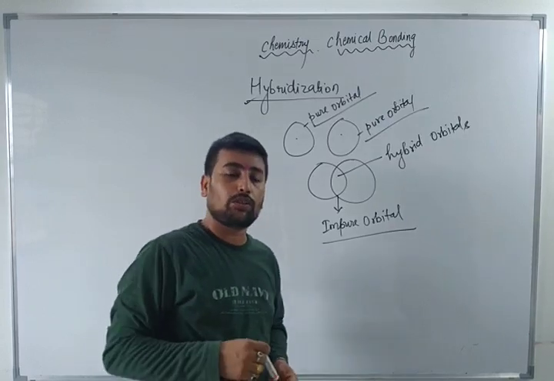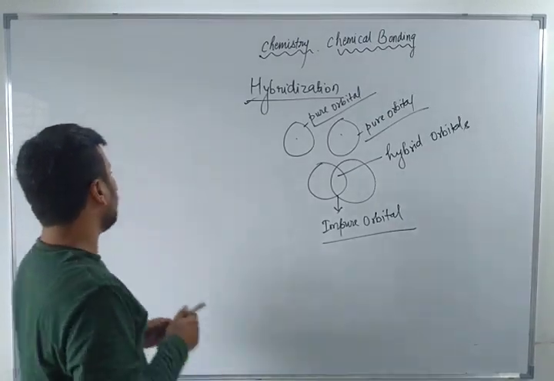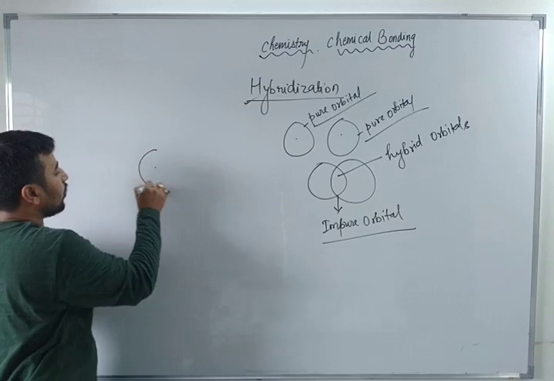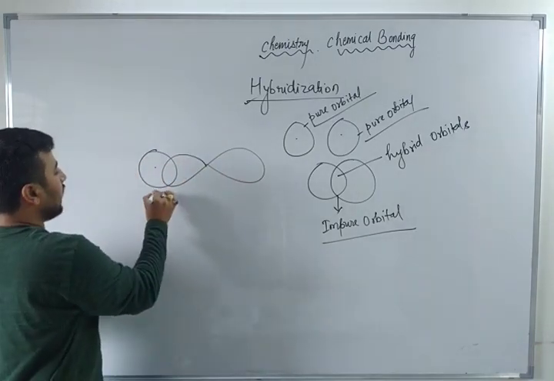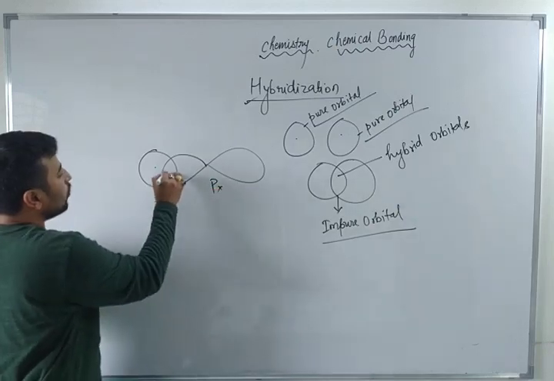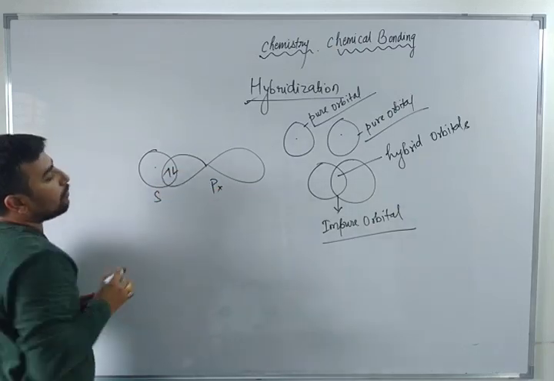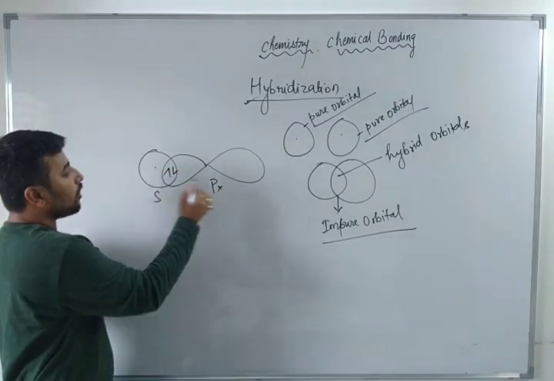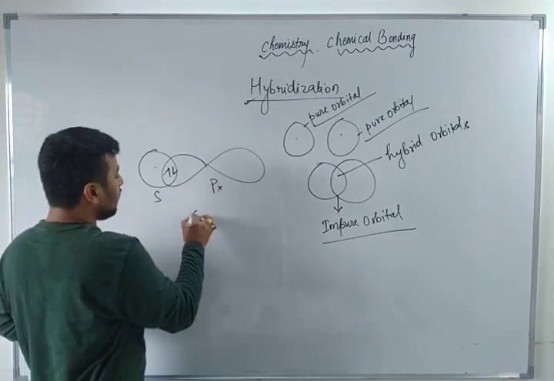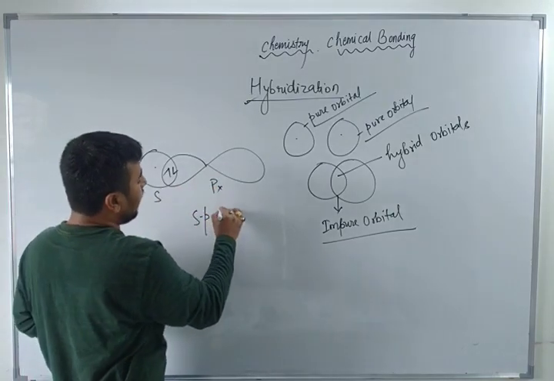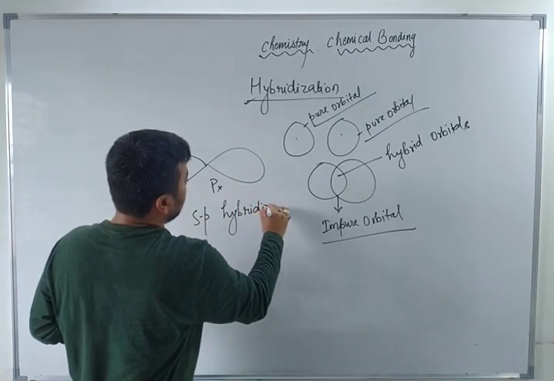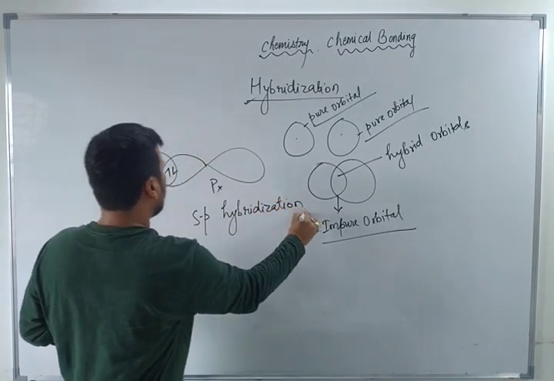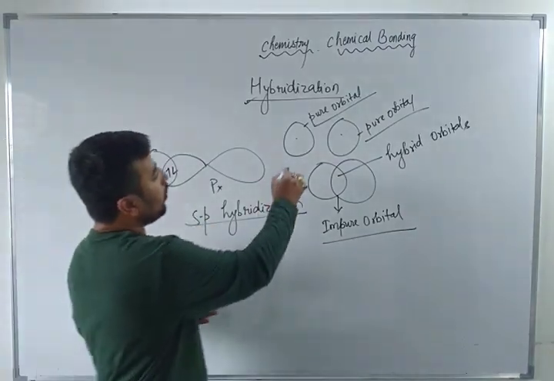This process is known as hybridization। जैसे मान लो कि अगर एक हमारा s ऑर्बिटल है और दूसरा हमारा p ऑर्बिटल है, ठीक है, ये s ऑर्बिटल था और ये p ऑर्बिटल था, तो s ऑर्बिटल का एक इलेक्ट्रॉन और p ऑर्बिटल का एक इलेक्ट्रॉन, when both the atomic orbitals overlap with each other then there will be sp hybridization। sp hybridization ये समझने से पहले आपको पता होना चाहिए कि जैसे ये s ऑर्बिटल है means it is having a 100% s character